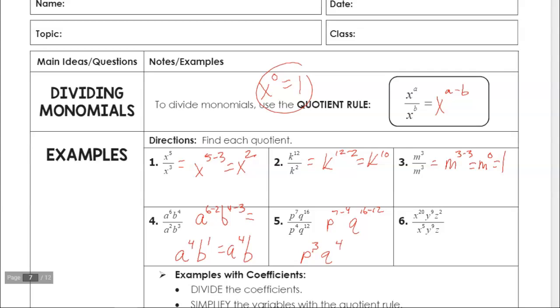Last one from the examples up here, you end up with x to the 20 minus 5, y to the 9 minus 9, so they're going to end up canceling out, and z to the 2 minus 1. So our finalized answer is x to the 15th, and y to the 0, z to the 1st,